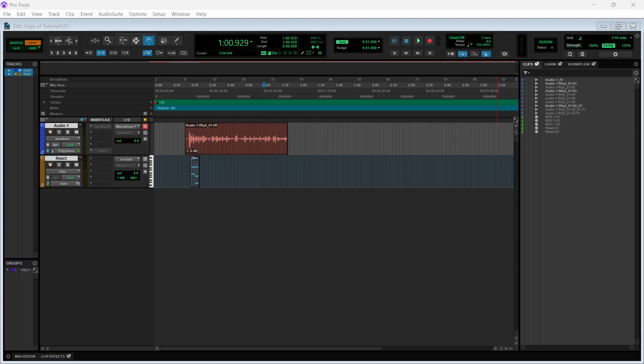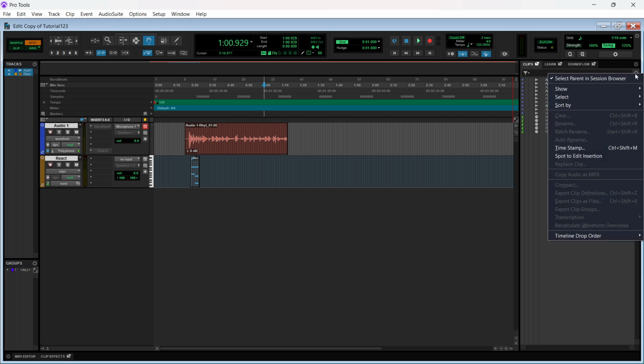In this video, I'm going to show you how to delete unused clips in Pro Tools. Now to do this, first you want to go to your Clips tab over here on the right, and then you want to click on this arrow down button over here in the very top right. So just click on that, and then from here you want to hover over Select, and you want to click